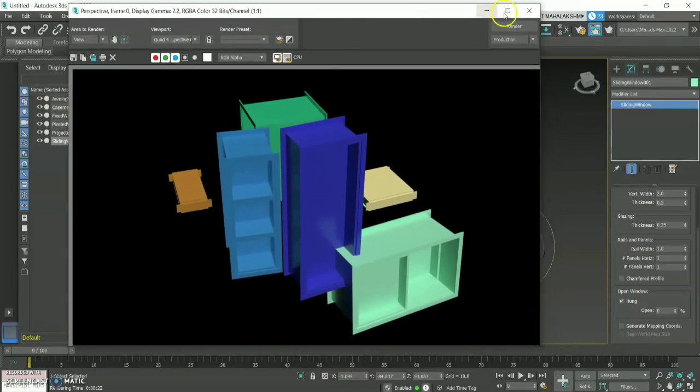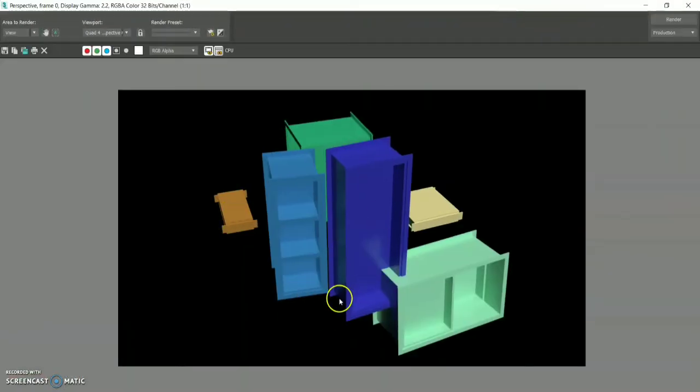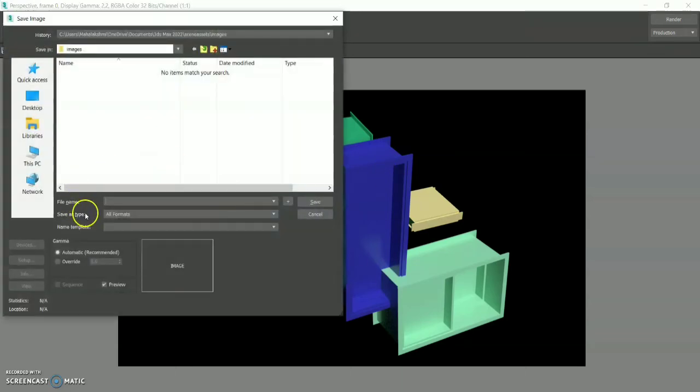So now let me maximize it, and let's say if you wanted to see it in a JPEG format, what you can do is, you have to just click on to this first option towards the right side corner. You can see the CD option, right? There you will have an option called save image. Click on to that and give a file name, whatever file name you want, and below that we have an option called format.